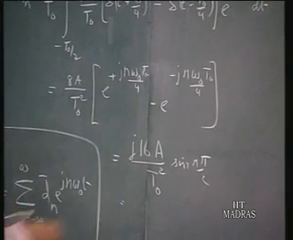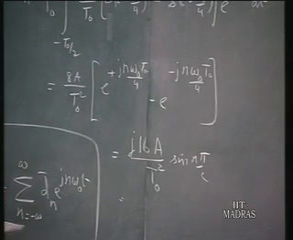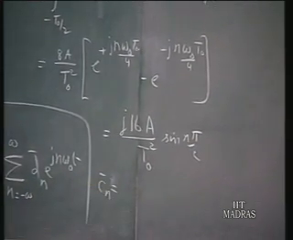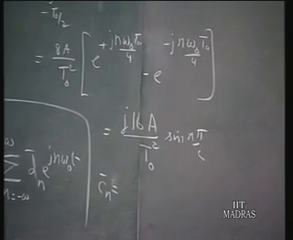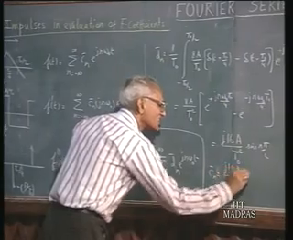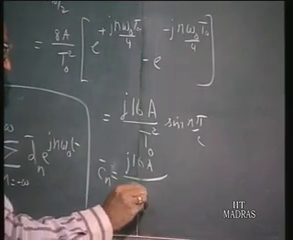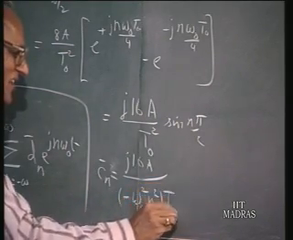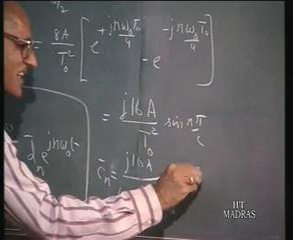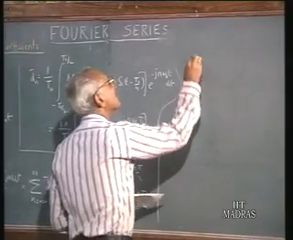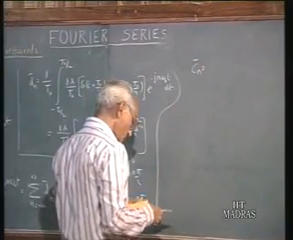This is your dn, therefore Cn will be obtained by dividing dn by minus n squared omega naught squared. So 16a upon minus omega naught squared n squared T naught squared sin n pi by 2, and you can complete the work and can show that this will turn out to be